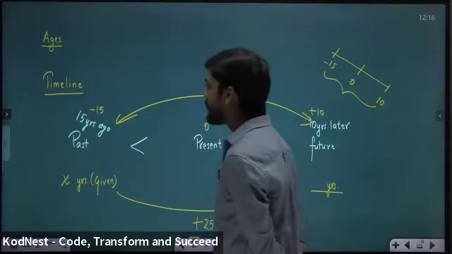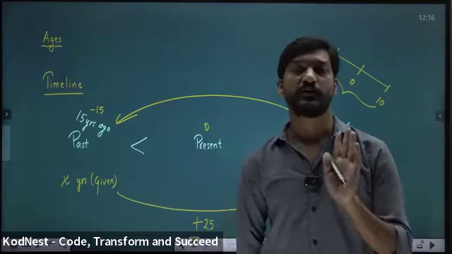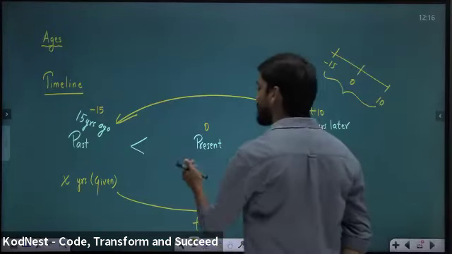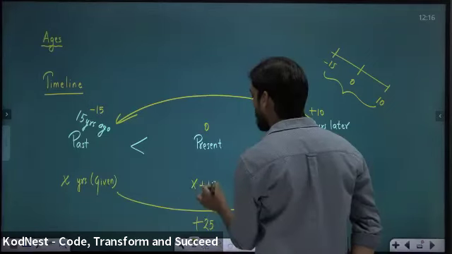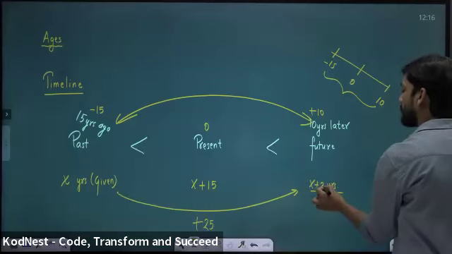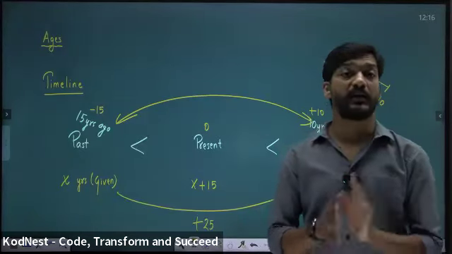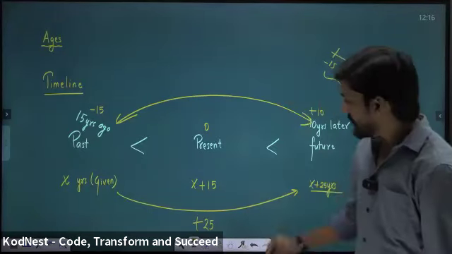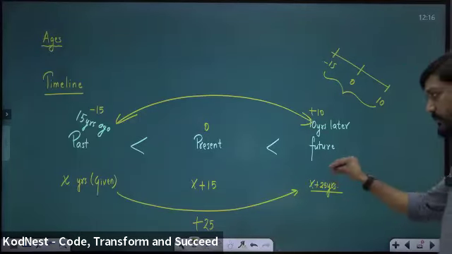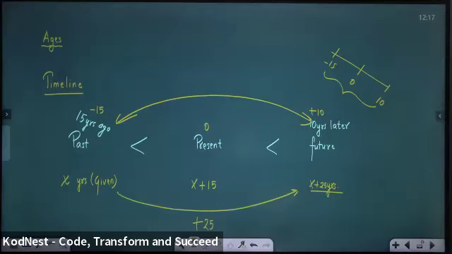If I take 14, it is all easy. But you will have to take variables. In terms of variables, you will have to think. So if you say present, you will say, sir, x plus 15. If you say future, you will say, sir, x plus 25. So this is what you will have to think in the question I'm saying. Is this clear or not? Carefully see, please. 25 years is the time gap, so 25 should be plus. Present and past, 15 years gap. So plus 15.